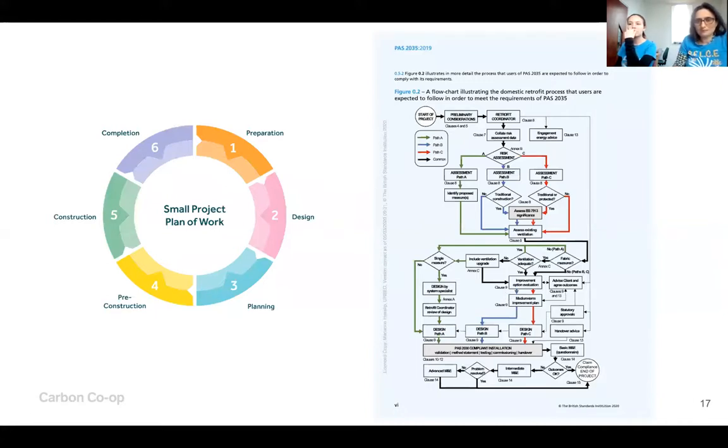So that's the role of design. There are other things in this sector, especially on the right hand side, PAS 2035, which is the quality framework mandated by government in this sector, which sets out a process by which retrofit should be delivered, a stepwise process to encourage quality and other things around health and what have you. And I think it's important to acknowledge that standard's there, but it's also important to acknowledge the immature status of the standard. And I speak as an organization who are a member of the panel that are developing this, that I think it needs to be recognized that PAS 2035 has a way to go to develop and to enable